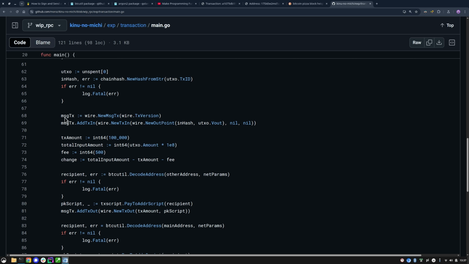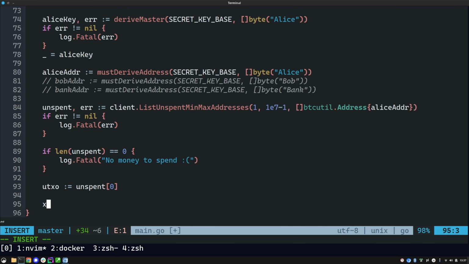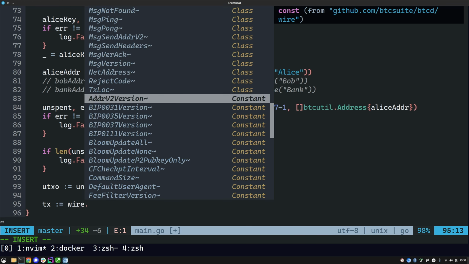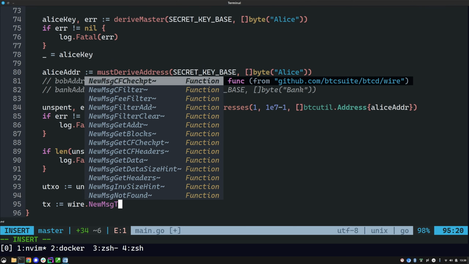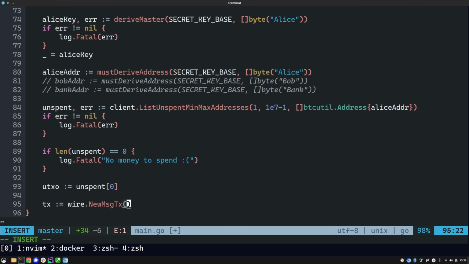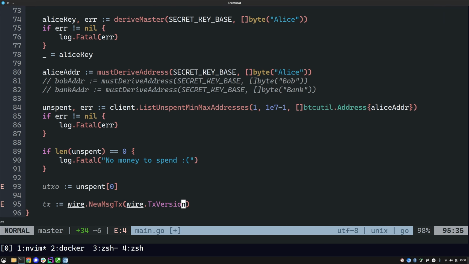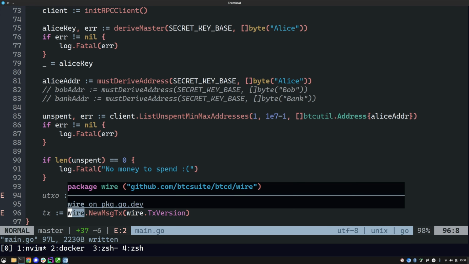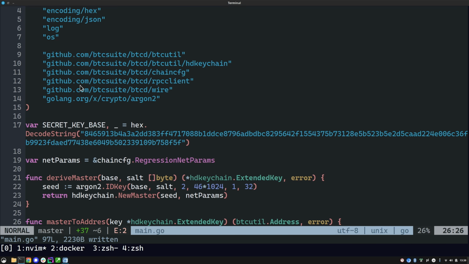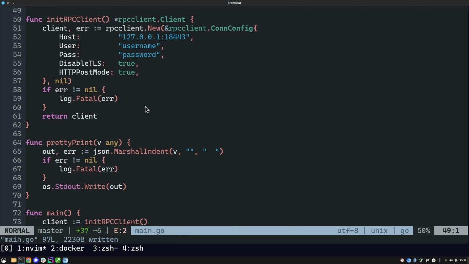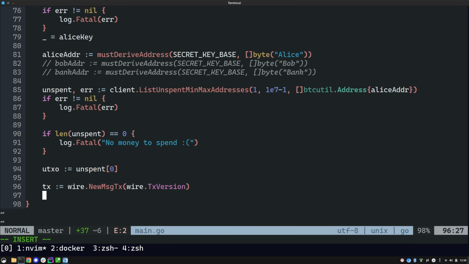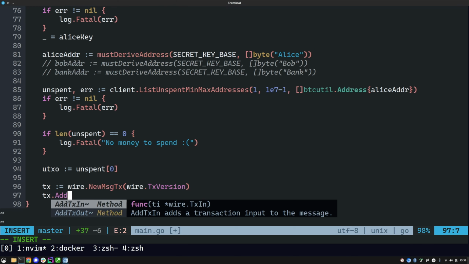So we are creating a new transaction. I'm going to call it TX, because we call a package called wire, and this wire is a new MSG transaction with a wire TX version. And this is from package BTC Suite BTCD wire, and it should be automatically imported in this package if you have your IDE correctly set up. Then in this TX we add transaction input,